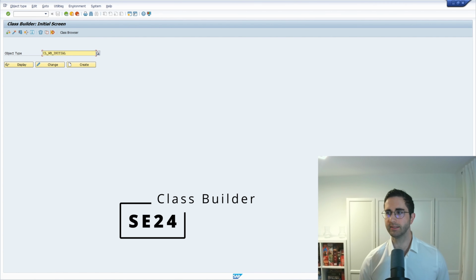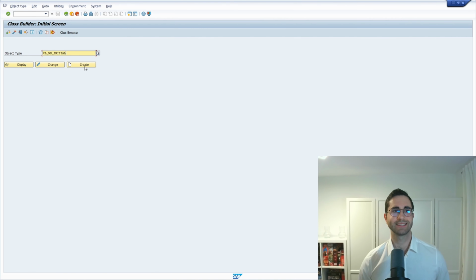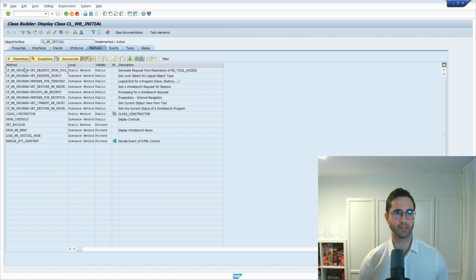And the class is called CL_WB_INITIAL. So therefore we go into the display mode in the class builder SE24, and here basically you have the method called show_WB_news to display the Workbench news. If we double click in here,